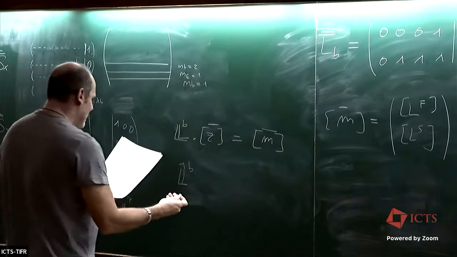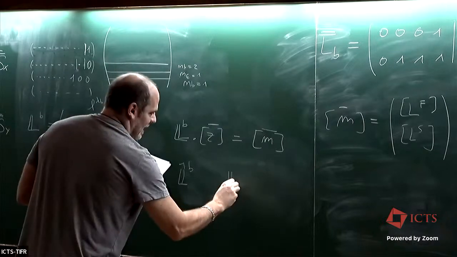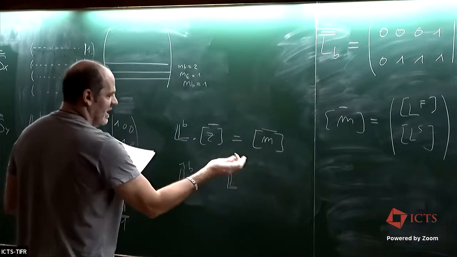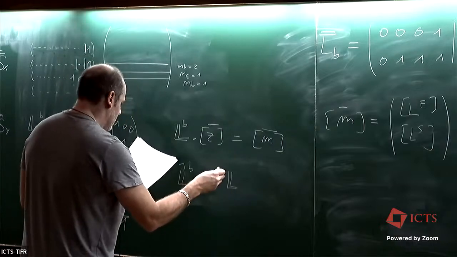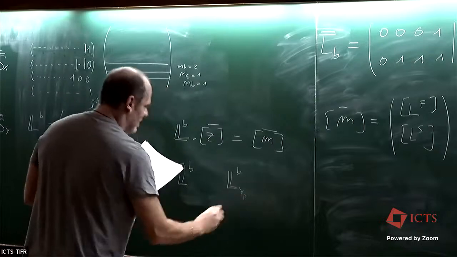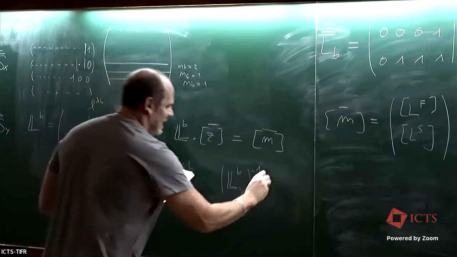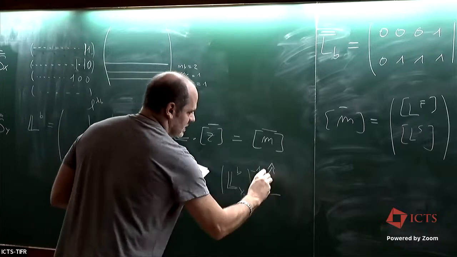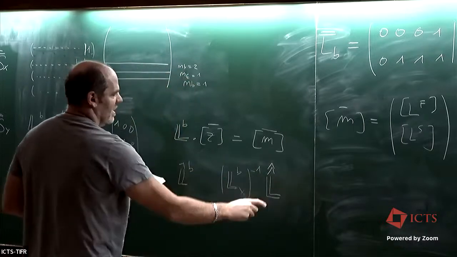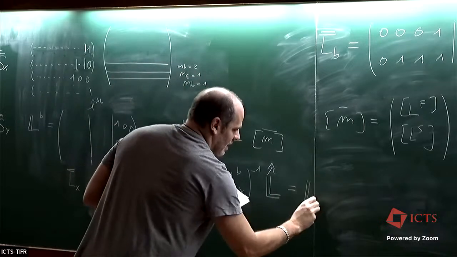Then what I can do is define my LBYP minus 1, that when acting on this original thing is going to give me the L,